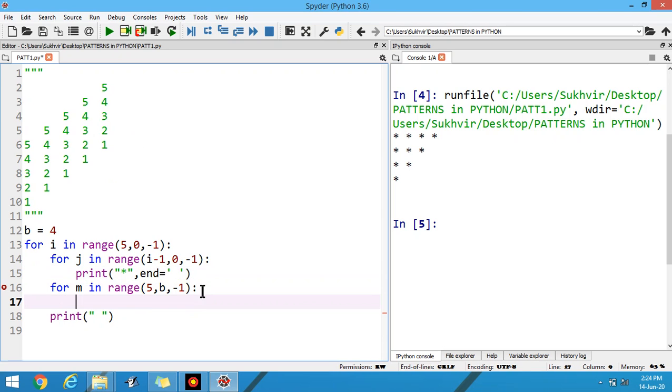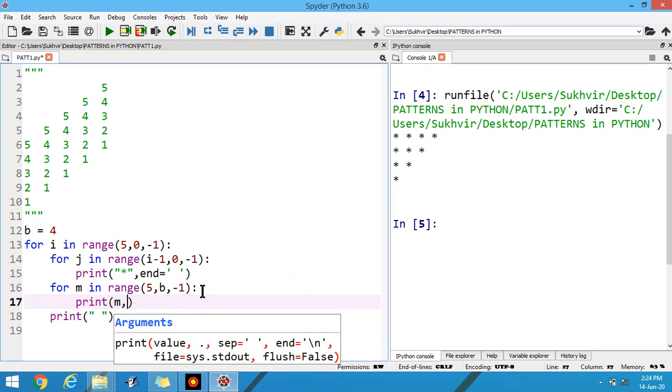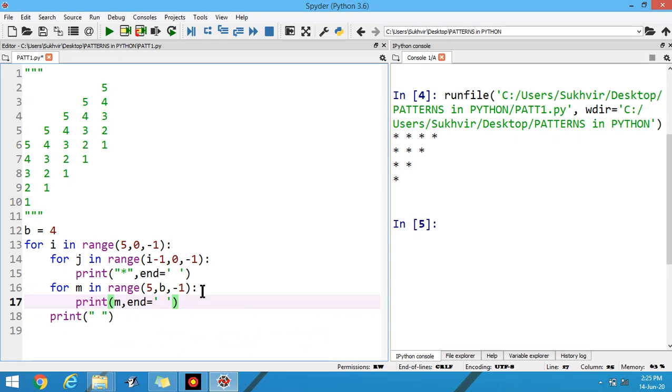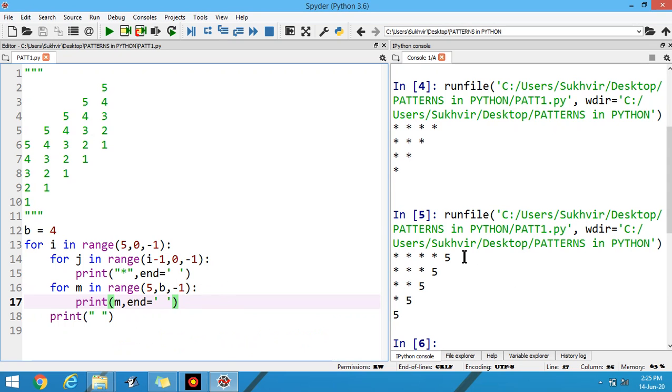Then I have to print the value of m, then end with single quote. Let us execute.